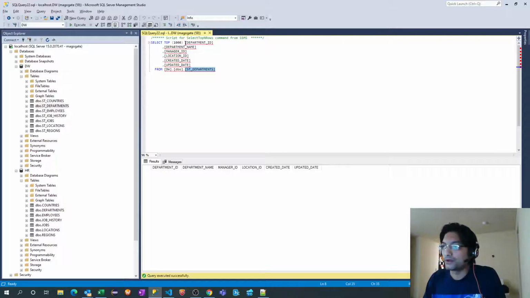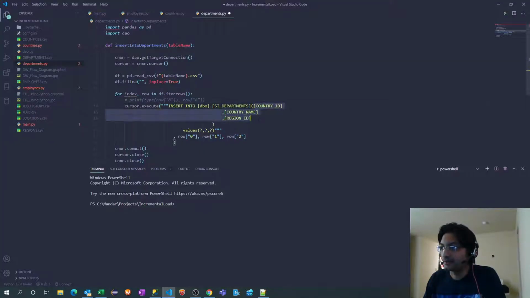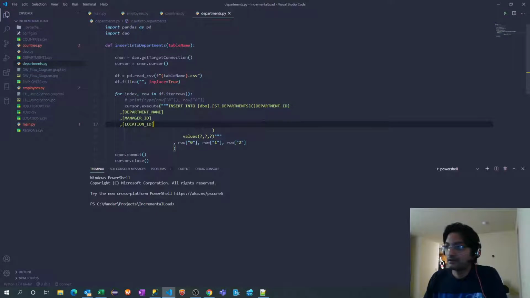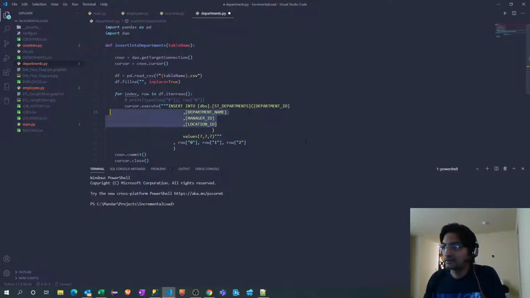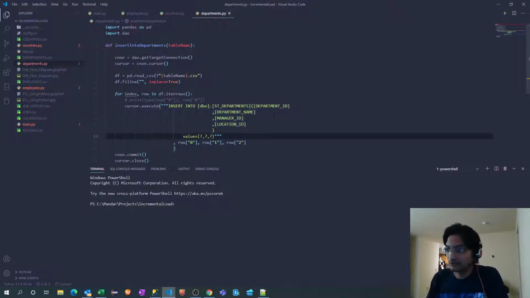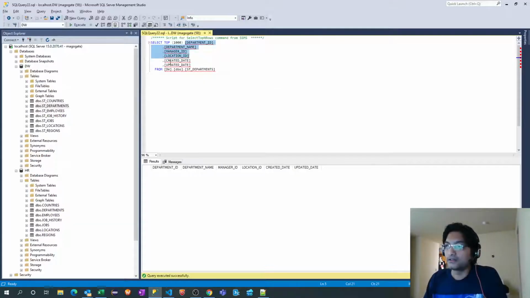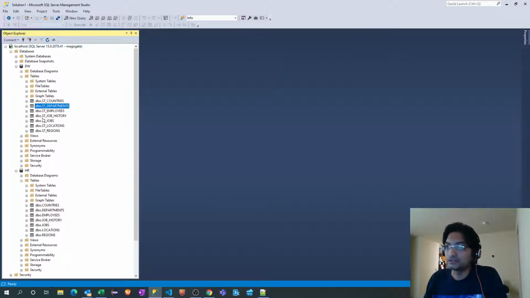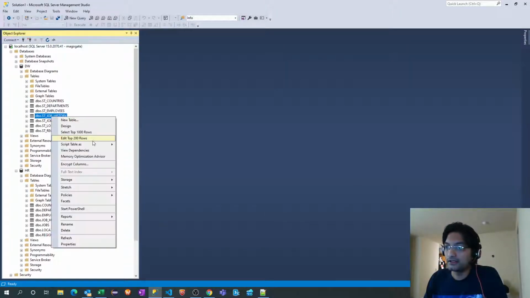Let me copy all the columns. We don't need created date and updated date. Let me indent it. There are 4 columns now, 1, 2, 3, 4. I will add one more question mark. Next is employees, which we have already covered.